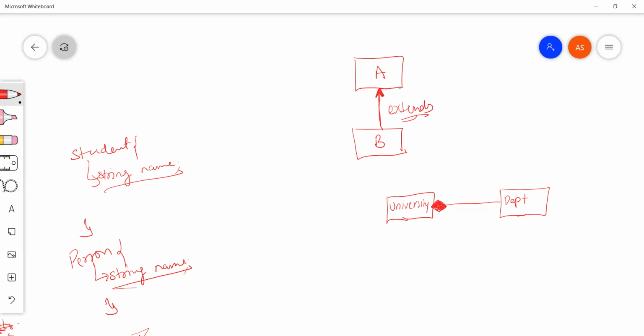And when it is aggregation, it will be an empty diamond, like we were talking about department and professor. So these are the basic ways to represent a relation between two objects.